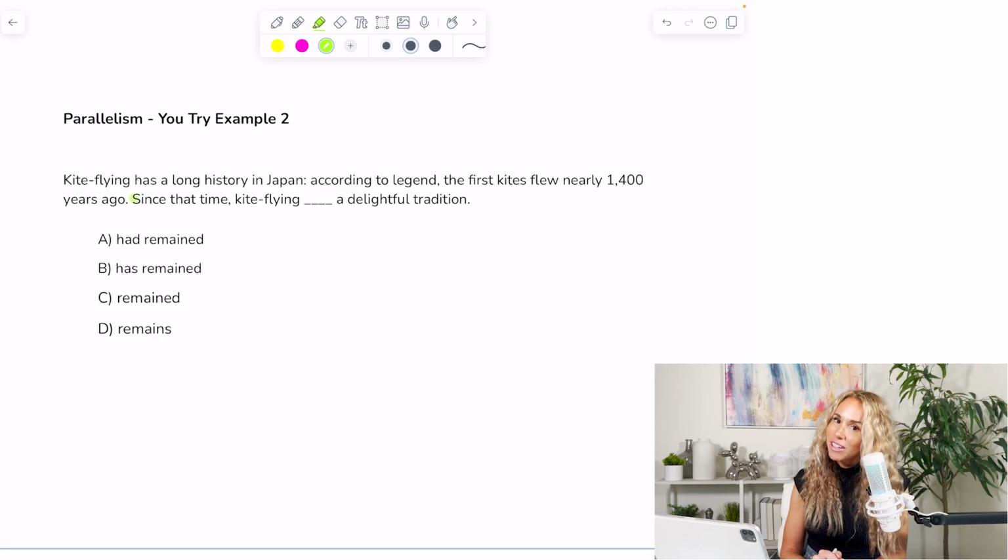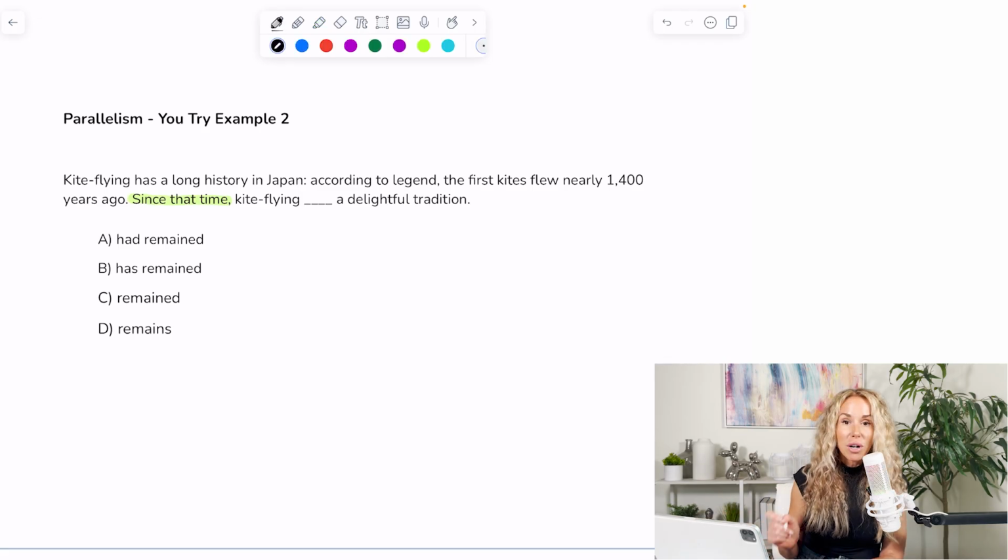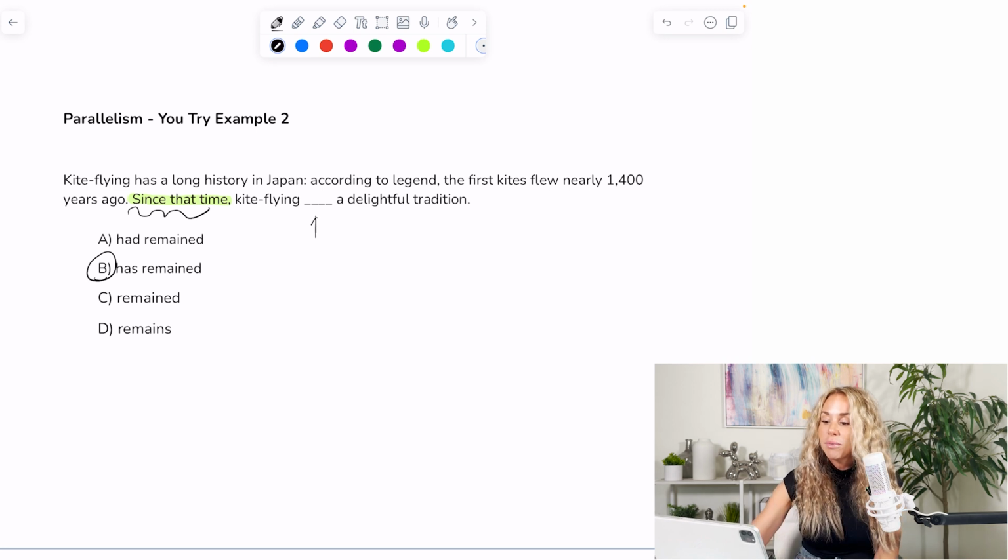All right, so you should have had a chance to try this one out. Now, you might have noticed the modifier in this case says since that time, meaning it was going on in the past and it's still continuing on in the present. That means we need to pick a present perfect verb, so we have to go with has remained. Parallel to the modifier, okay? Since that time is the modifier or the introduction to the sentence, we need our verb tense to match